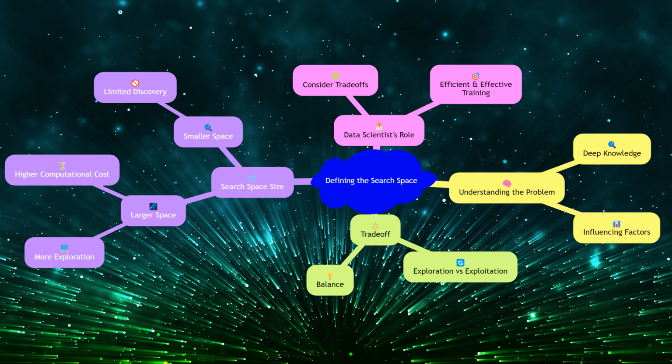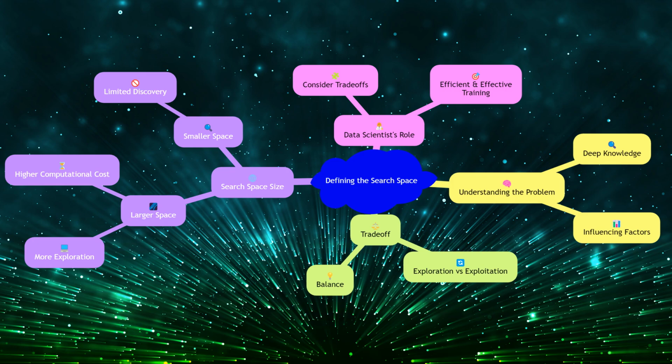Defining the search space can be challenging, as it requires a deep understanding of the problem domain and the factors that influence model performance. One of the main challenges is balancing the trade-off between exploration and exploitation. While a larger search space allows for more exploration, it can also increase the computational cost and complexity of the search process. Conversely, a smaller search space may limit the potential for discovering high-performing configurations. Data scientists must carefully consider these trade-offs when defining the search space to ensure that the model training process is